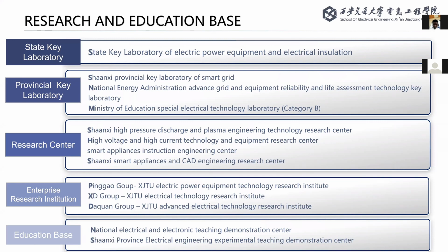To conduct this kind of research, we need a lot of research platforms. And in our school, we have a lot of key laboratories or provincial laboratories. We have a state key laboratory of electrical power equipment and electrical insulation. We have 3